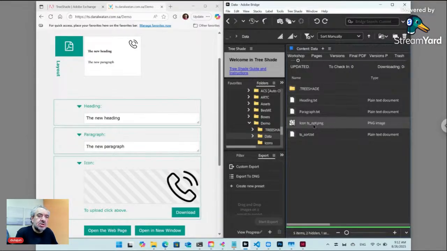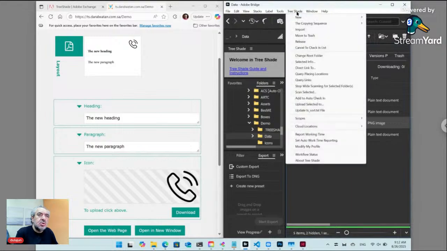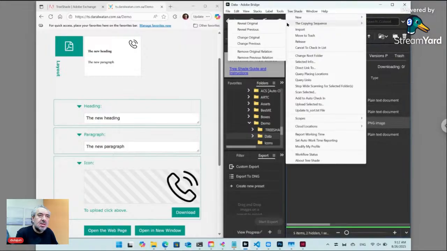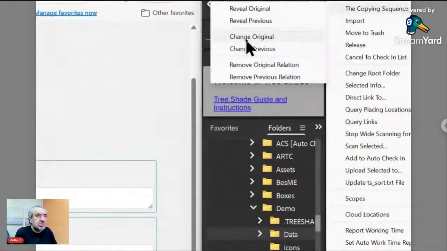It will be an option, but the options related to the original file in copying sequence. So I need to select the file and select change original,